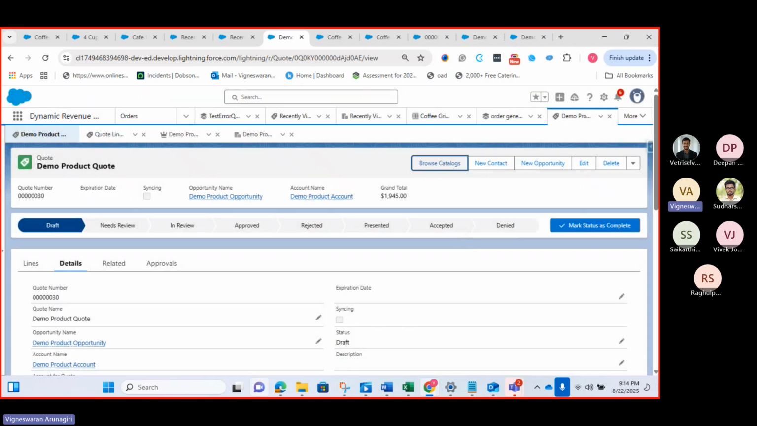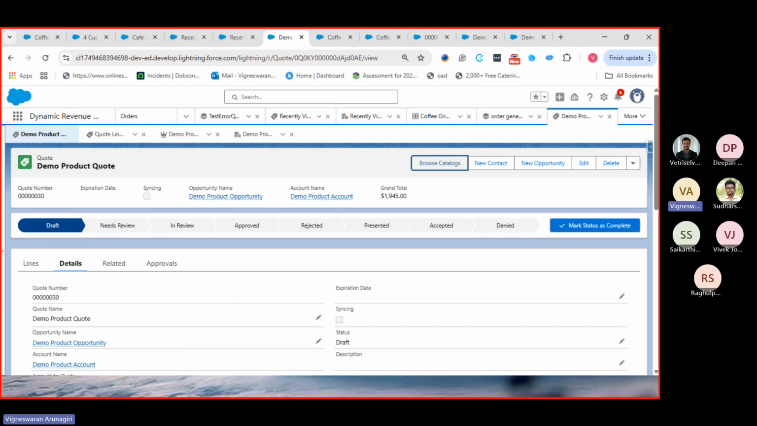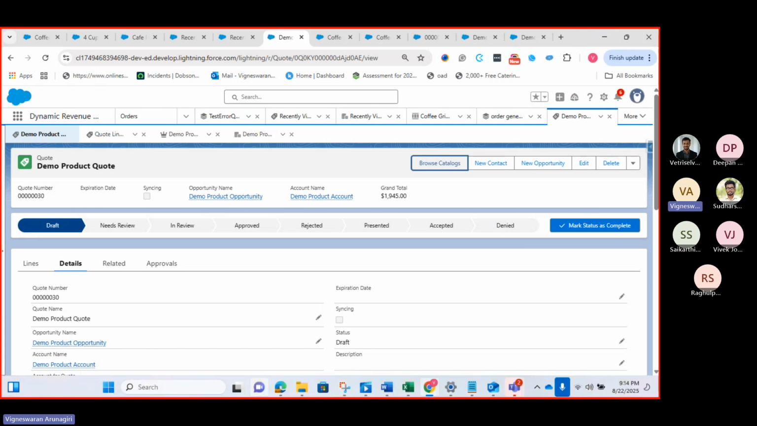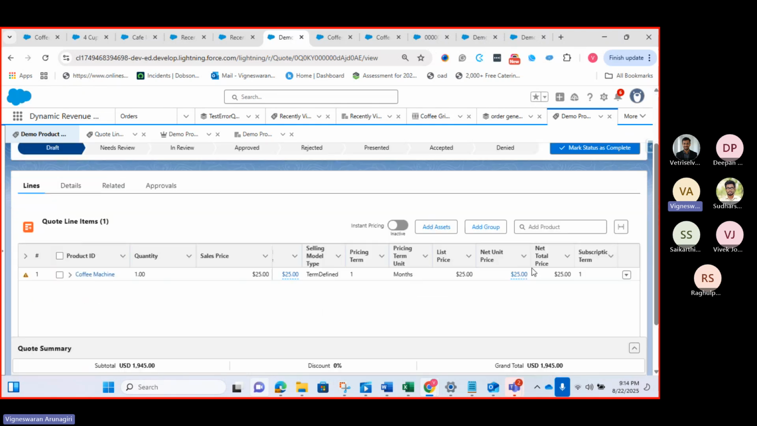Then go to the alert rules. The alert rules are pretty straightforward. They are used to display a message to the sales rep during product configuration. So here we take one scenario. Here we have the products called milk frother and milk cleanser along with the coffee machines. So in the quote lines,